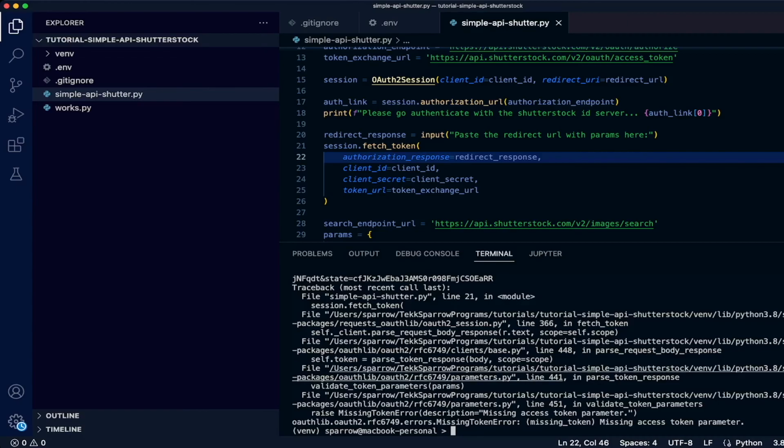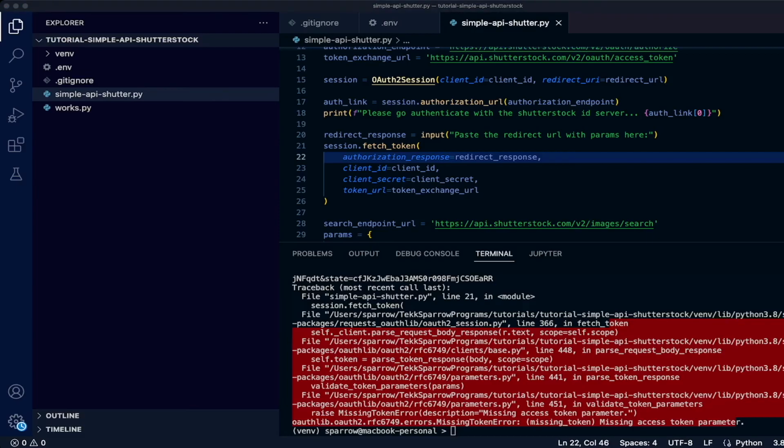Missing access token parameter. Well, that's two strikes. Let's see. So we pass it in. Fetch token. Token response. Validate token parameters. Missing tokens for missing access token parameter. Missing token. Missing access token. Well,